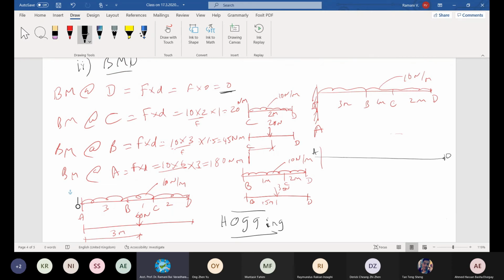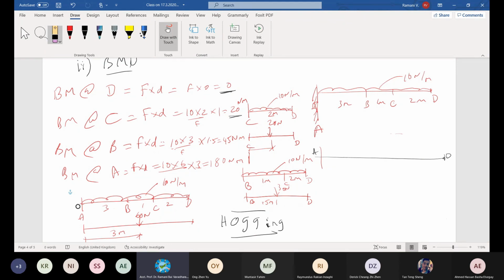At D the bending moment is 0, mark 0, and then at C your bending moment is 20, and then the line for UDL. I repeat, for UDL your shear force diagram will be a parabola like this, not a straight line. UDL bending moment diagram is not a straight line but a parabola. The distribution of bending moment is not a very sharp change, a gradual change, because it's UDL. The gradual change is shown by a parabolic curve.